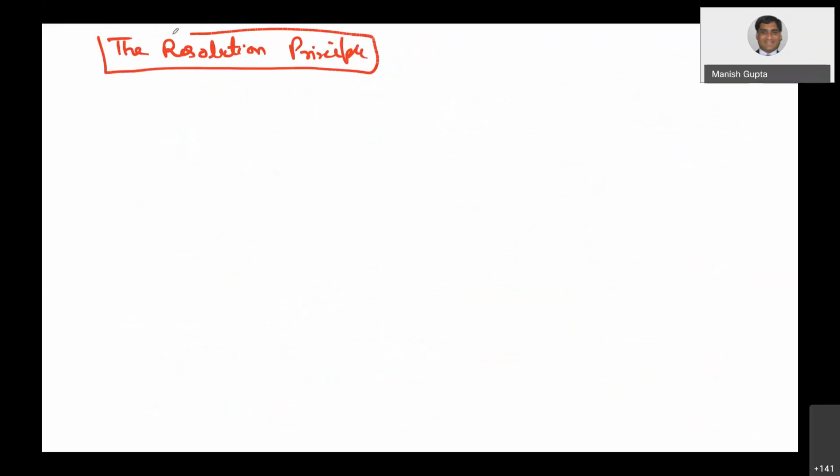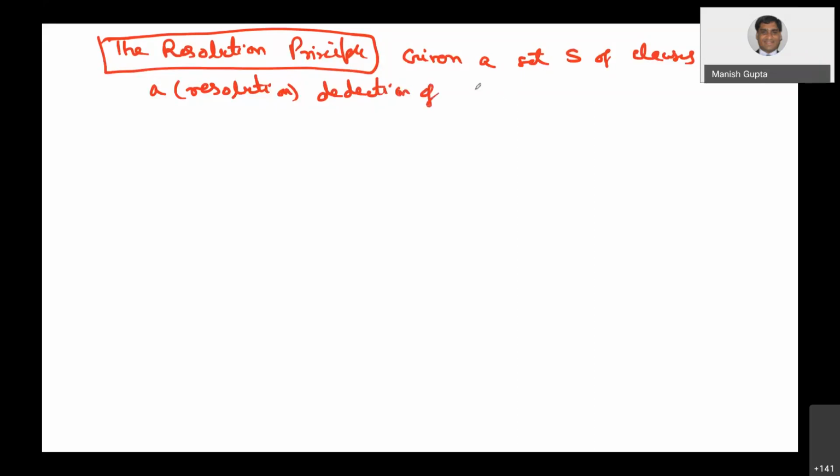What is the resolution principle? Okay. So given a set S of clauses, a resolution, or we can say deduction, of C from S is a finite sequence C1, C2, Ck of clauses such that